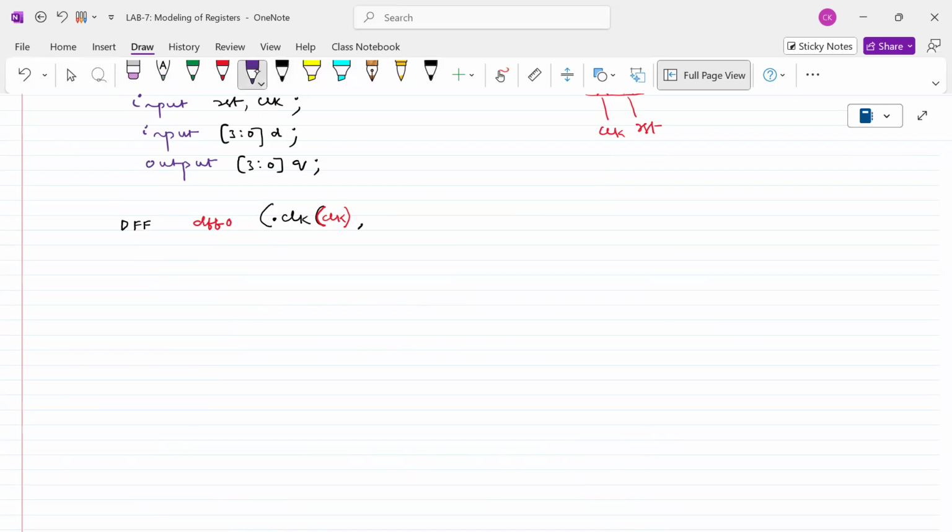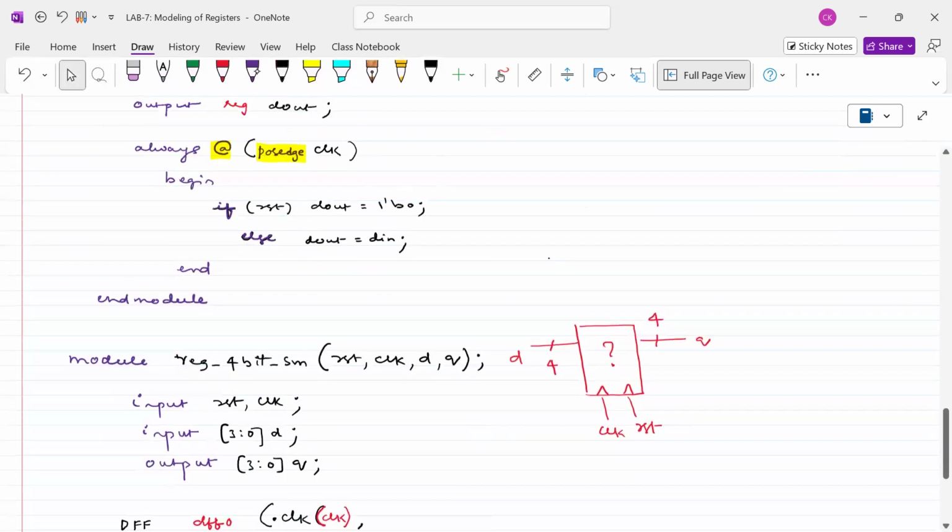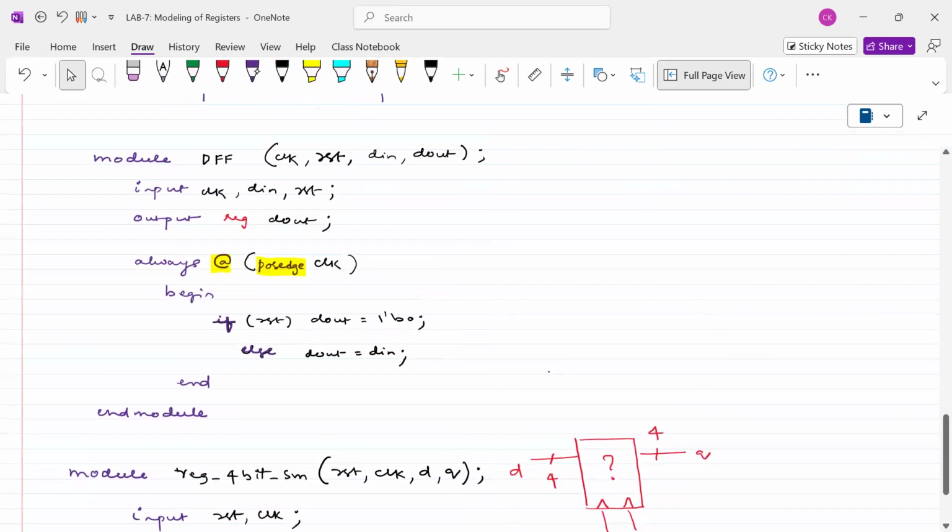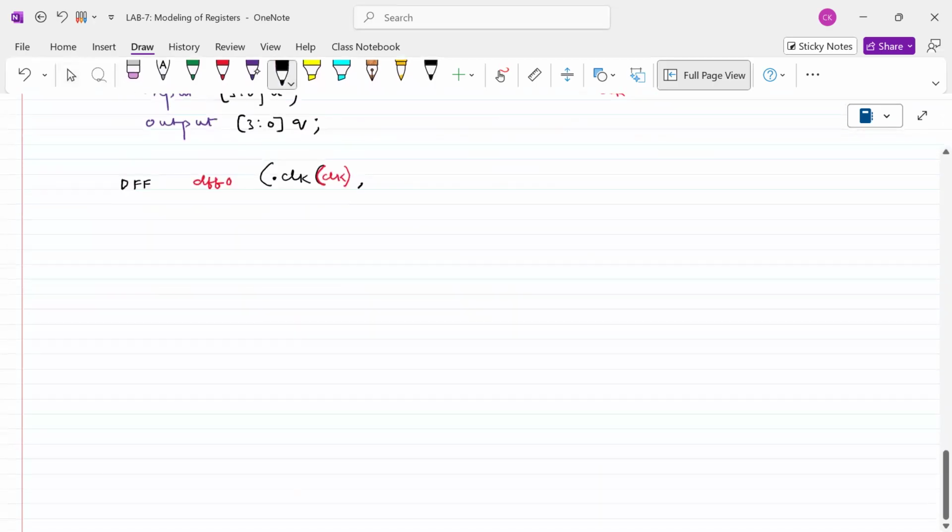Now, what about the next one? The next one is actually the reset of the things we have to define. The reset of the D flip flop. The reset of the D flip flop is connected to whom? The RST of the 4-bit register. Agreed? Okay. Next,